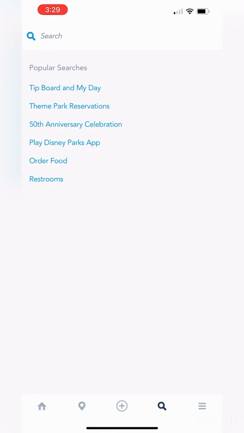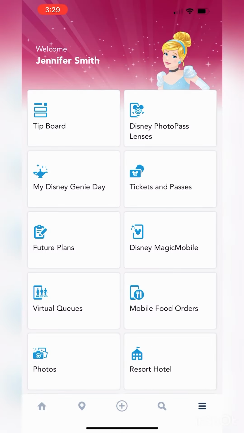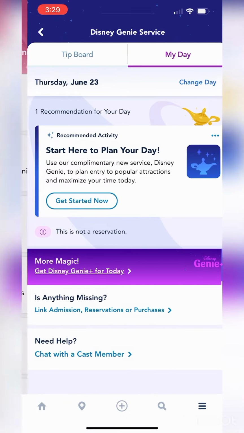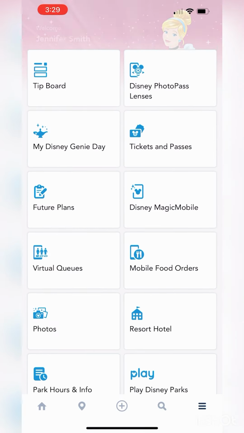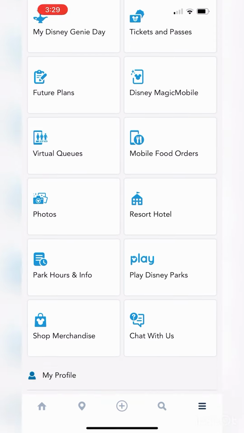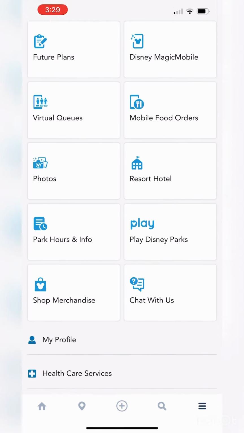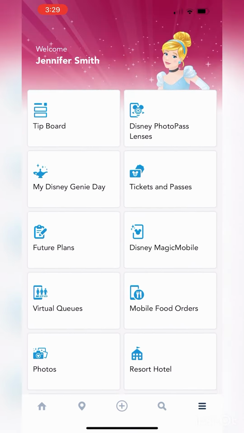The search bar is just that, a search. And those three lines on the bottom, it's just another option to find your Genie Day. If you want to do that, it's a little bit quicker sometimes. You can also still order mobile food from here, several other things, just a few ways to get yourself